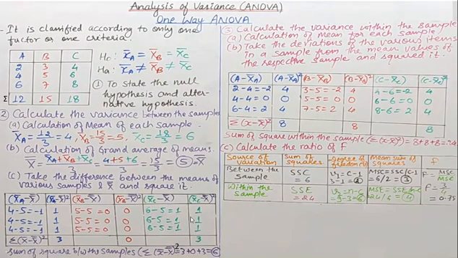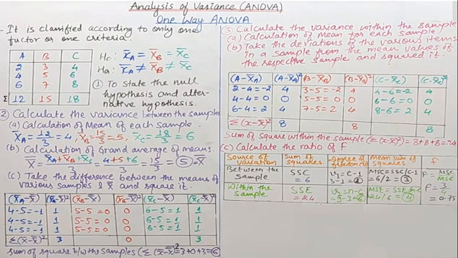Similarly we will prepare the table, right? So the summation of X B bar minus X bar whole square equals 0, and the summation of X C bar minus X bar whole square equals 3. Now we see that the sum of squares between the samples, the sum of the last row, is 3 plus 0 plus 3, that is equal to 6, right? Now we will calculate the variance within the sample.